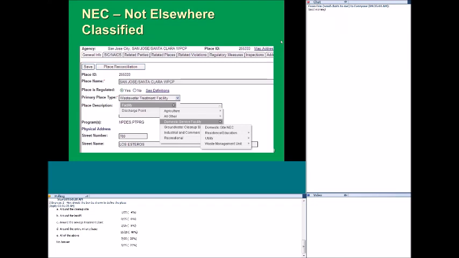So if I were for some reason regulating an office building, maybe they have a dewatering permit or something, that would be considered a domestic site, not elsewhere classified, because the office building doesn't provide a residence, and it's not an educational facility, a utility, or a waste management unit, but it is where we kind of live our lives, as you might say. And so that's why it would go under domestic site, not elsewhere classified. Again, you can think of that as the other option within the category that you're talking about.